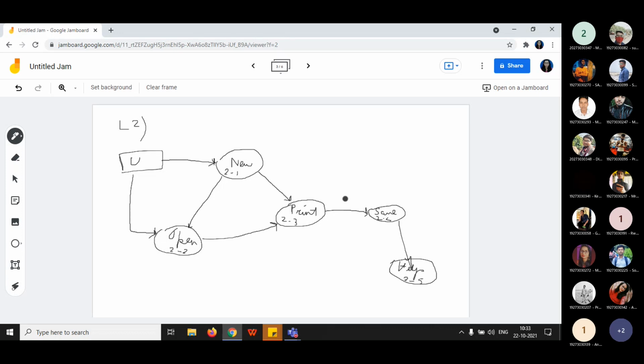Similarly, after opening the file, instead of printing the file, you have options. Either you can print the file or you can save the file directly. You may feel that you do not need to print that particular file. So in that case, the user can directly open the file and save the file, and from that the user can take help. So in this way, all the arrows are there. The data flow is in this direction, and we are establishing the relationships between all the processes and the entities.